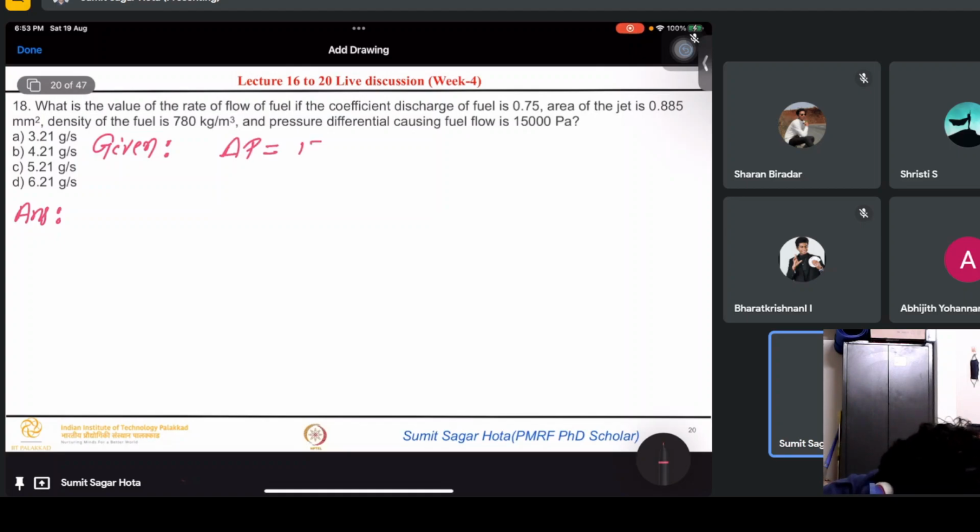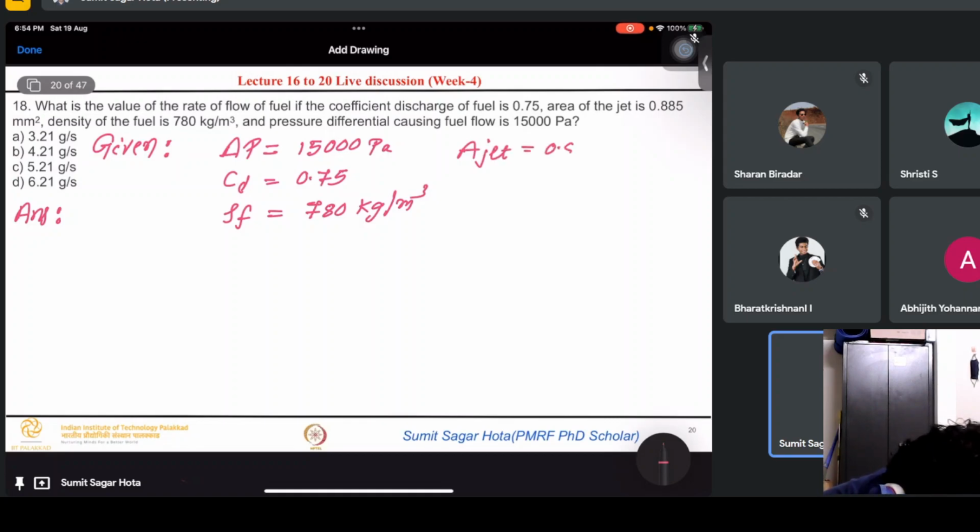Delta P is equal to 15,000 pascal, CD is 0.75, rho F is 780 kg per meter cube, and the area of the jet is 0.885 mm square, which is 0.885 times 10 to the power minus 6 meter square. So